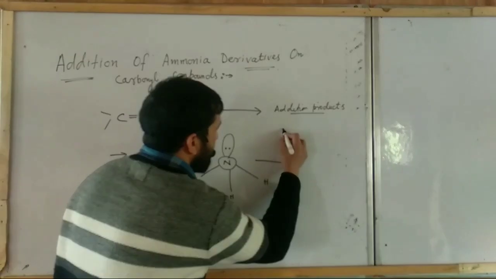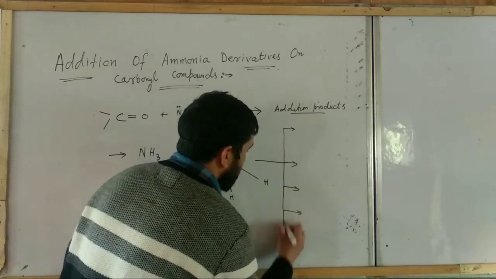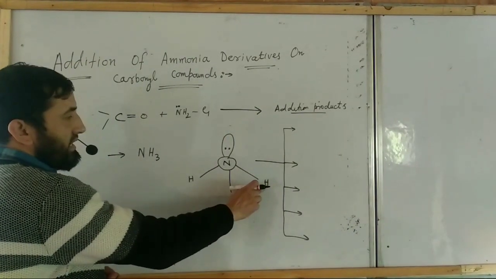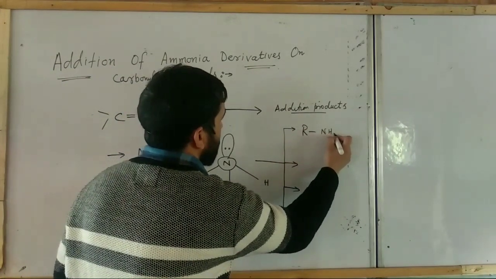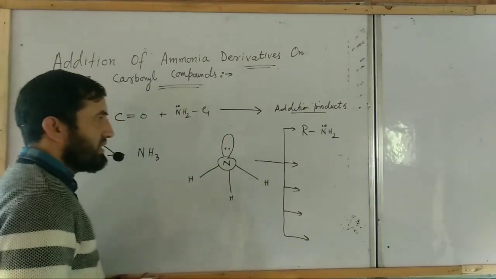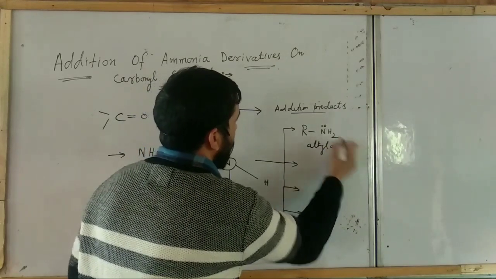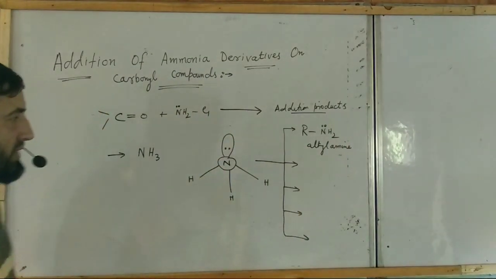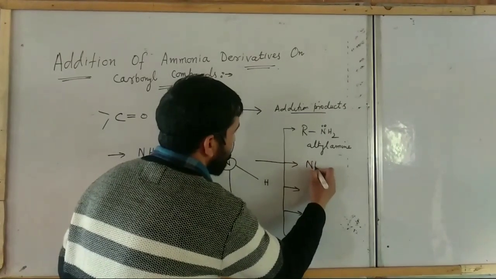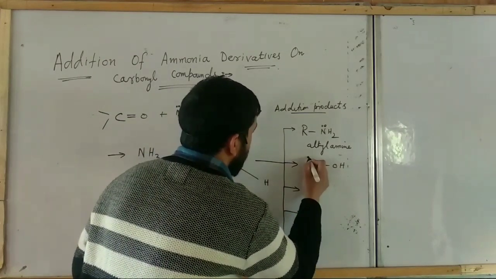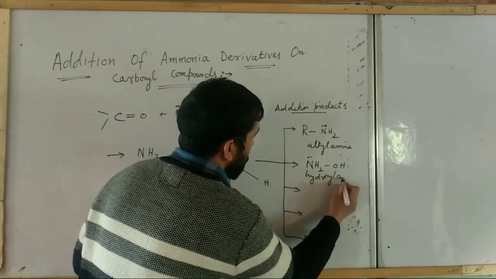We will one by one explain about these ammonia derivatives. Students, these ammonia derivatives are formed by the replacement of hydrogen atoms of ammonia. For example, if we replace the hydrogen atom of ammonia by alkyl group, the derivative will be RNH2, which carries lone pair on nitrogen, and this derivative is known as alkyl amine. So alkyl amines जो है, they are the alkyl derivatives of ammonia. The hydroxy derivatives of these ammonia are known as hydroxyl amine, that is NH2OH, which also contains lone pair on nitrogen. So ये हमारा hydroxyl amine हुआ. It is the hydroxy derivative of ammonia.